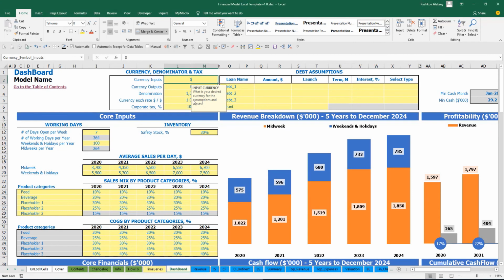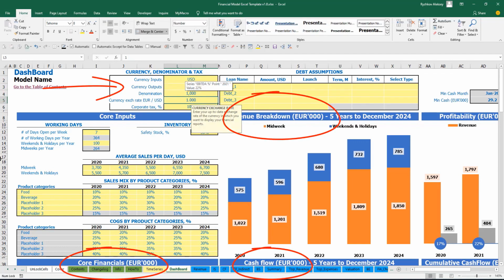On the top of the dashboard, you have currency, denomination, and taxes setup. So currency inputs means that you can input all your drivers for the model using one currency. You have currency outputs. It can be the same as currency inputs, and it can be different from currency inputs. So let me give an example. When you input in United States dollars, you have euro as an output, and for this case you can set